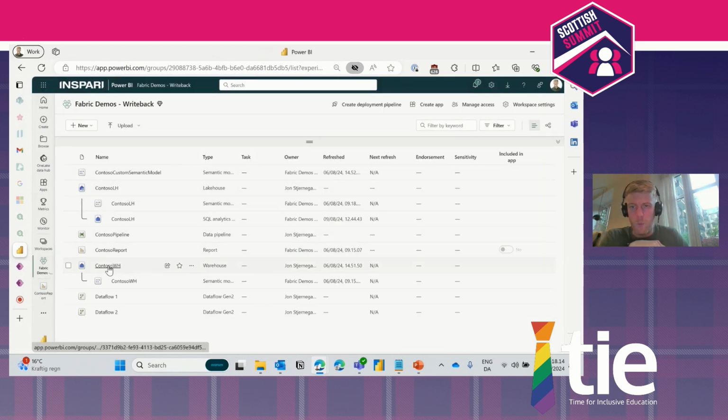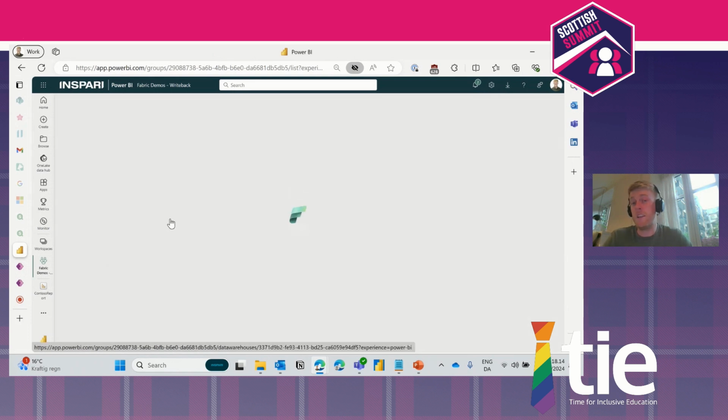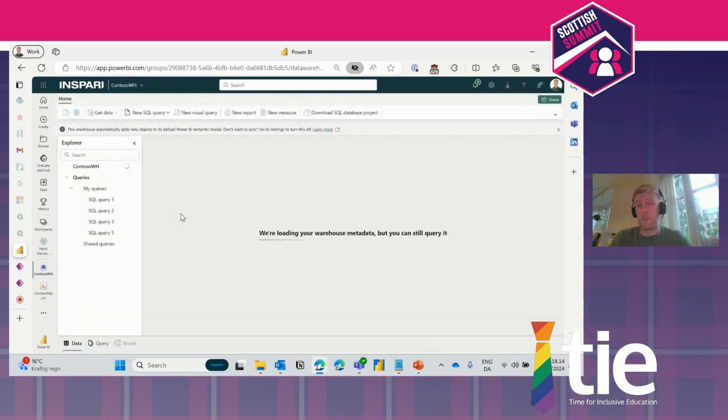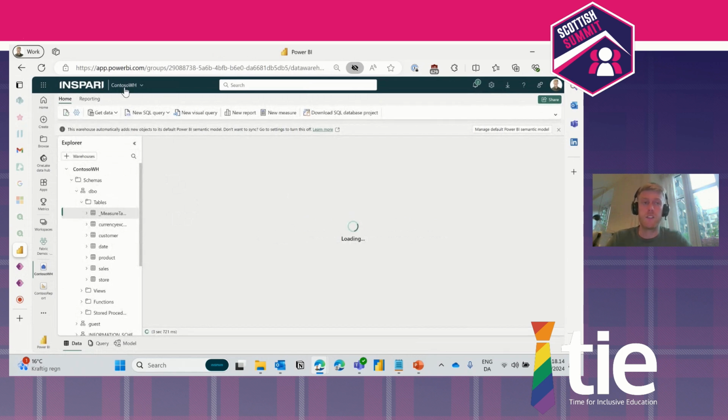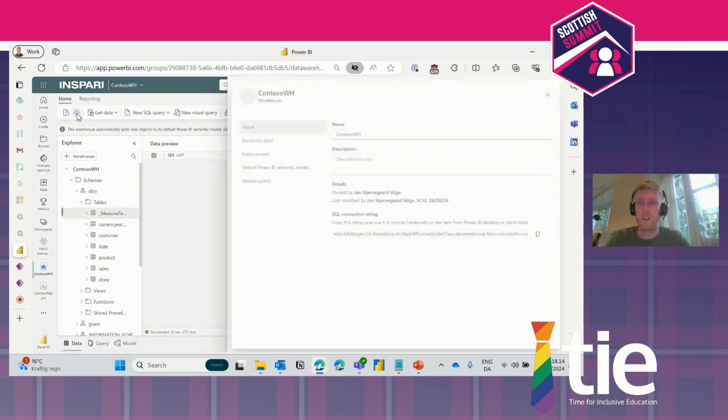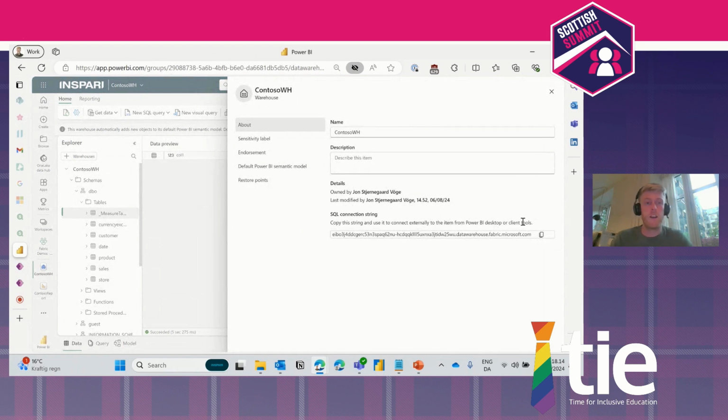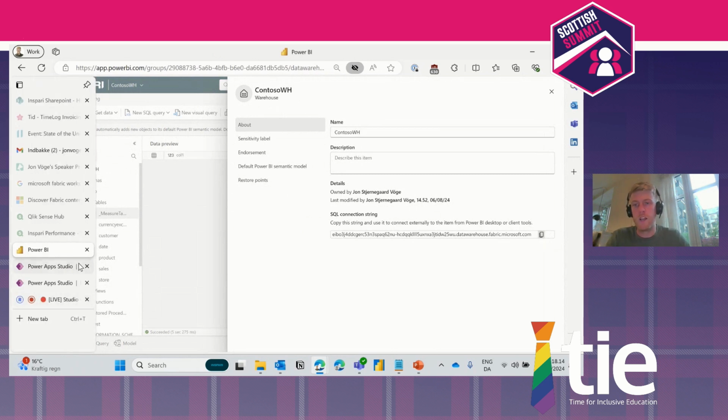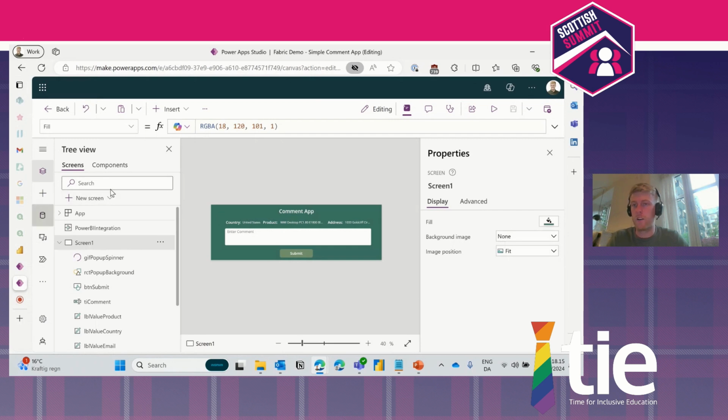If I go to my warehouse here, any warehouse or lakehouse for that matter in Fabric has a SQL endpoint, a SQL connection string that we can use. You can use it in SSMS, in Azure Data Studio, or you can create a connection to it from your Power Apps. Now, the difference between warehouse and lakehouse, just super quick, is that lakehouses are read-only, while warehouses are read and write. So wouldn't it be great, now that warehouses have read and write potential, if I could just copy this connection string, jump into Power Apps Studio, connect to that SQL database,